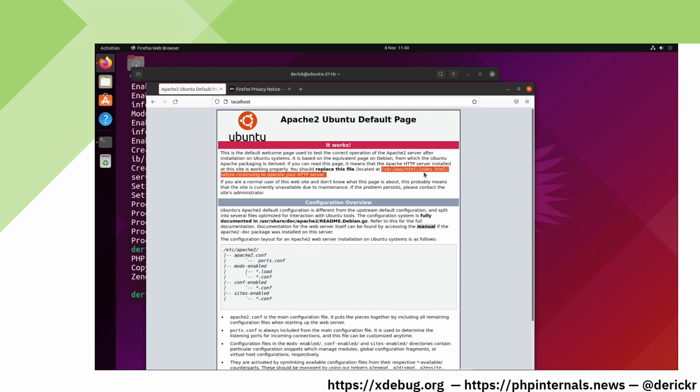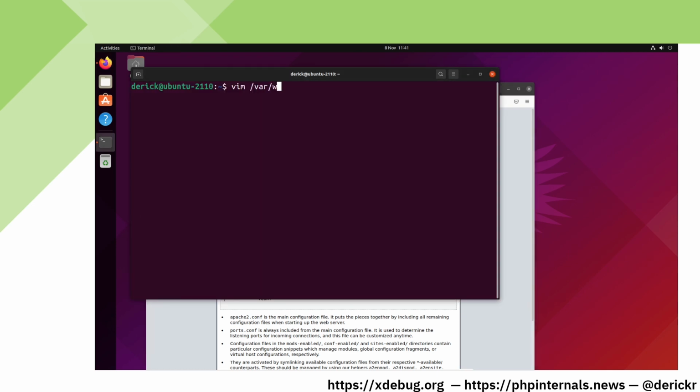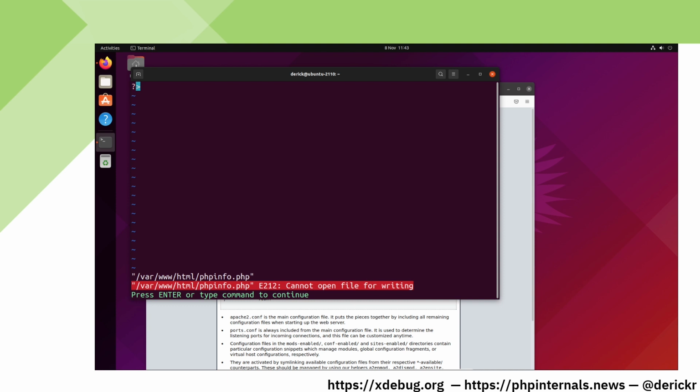It mentions the path or directory here in which we can put our files. I will now add a PHP info file to show that PHP works. When trying to save it, it says I can't write it because apparently the permissions are not good enough.